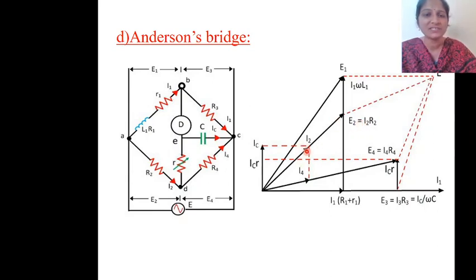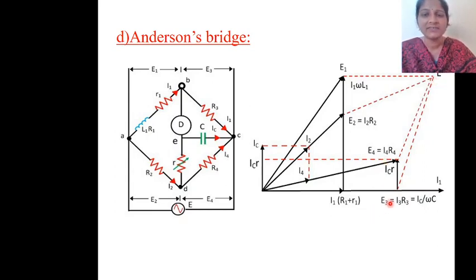If you resolve these into two components, IC is the perpendicular component and I4 will be the resistive component. So I4 will be in the same direction. I4 R4 will be E4, and the sum of E2 and E4 will give you the total voltage E, and the sum of E1 and E3 will give you the total voltage E. All these four should coincide at one point, that is nothing but the total voltage E.